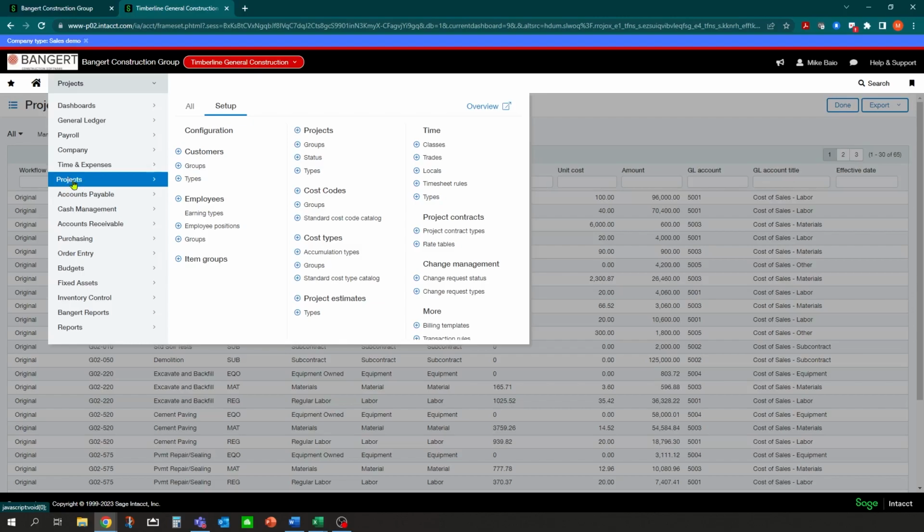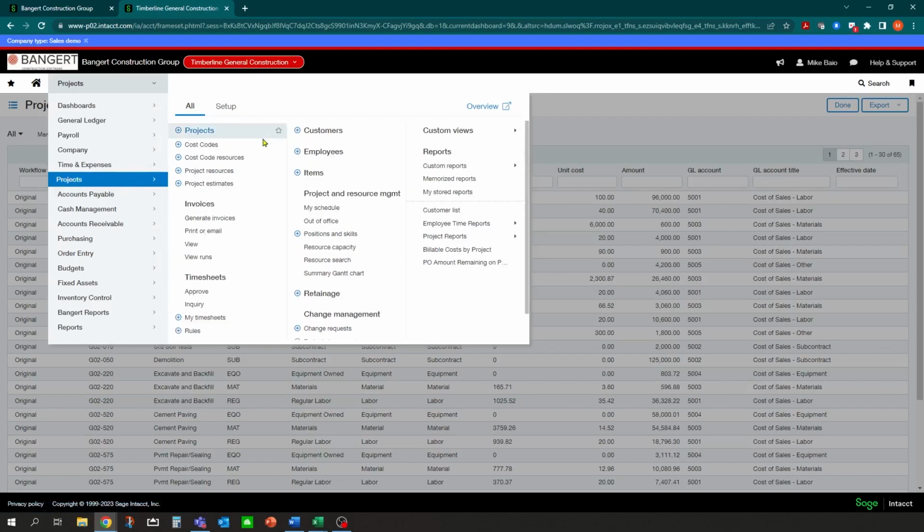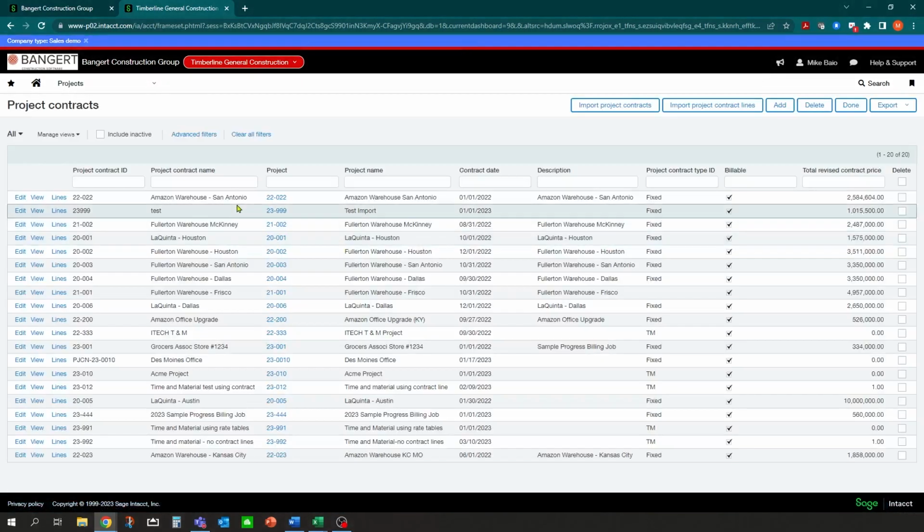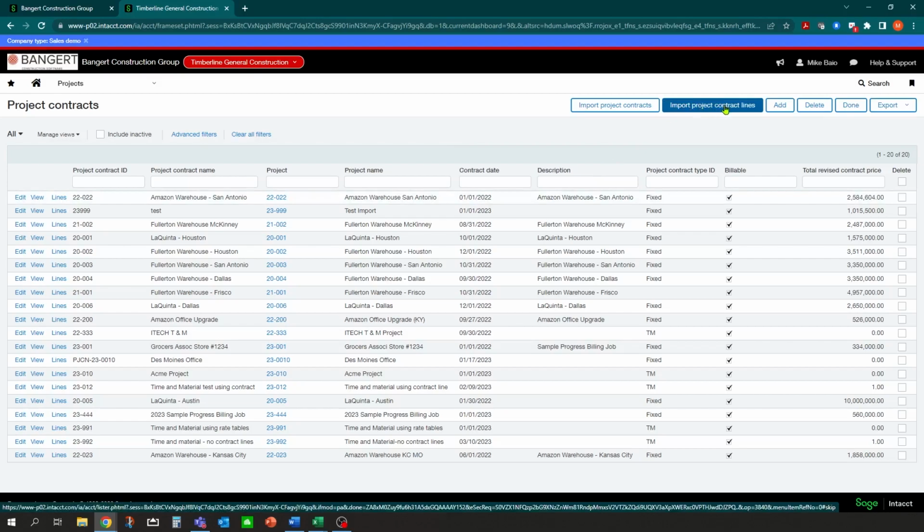So we'll go back to projects. We'll go over to All, and all the way down at the bottom here, you have project contracts. You can click plus to set one up on the fly, and you can also click on the contracts line here to see a list of all the contracts you already have set up in the system. In the same scenario as before, you could manually key in each of your schedule of values line items. What you can also do is import project contract line items if you already have them somewhere outside the system, so you don't have to rekey them.